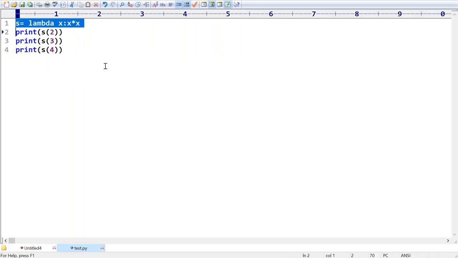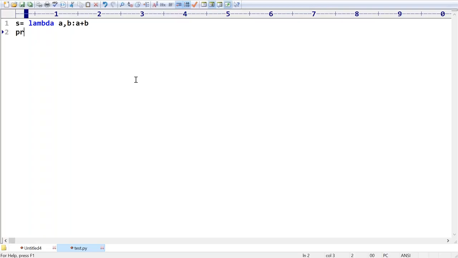Okay, that's all. Next point: write a lambda function to find the sum of given two numbers. I want to find the sum of two given numbers. That is my requirement. Is it possible? Yes, why not, sir. Observe: lambda a comma b colon, what do I have to return? a plus b.